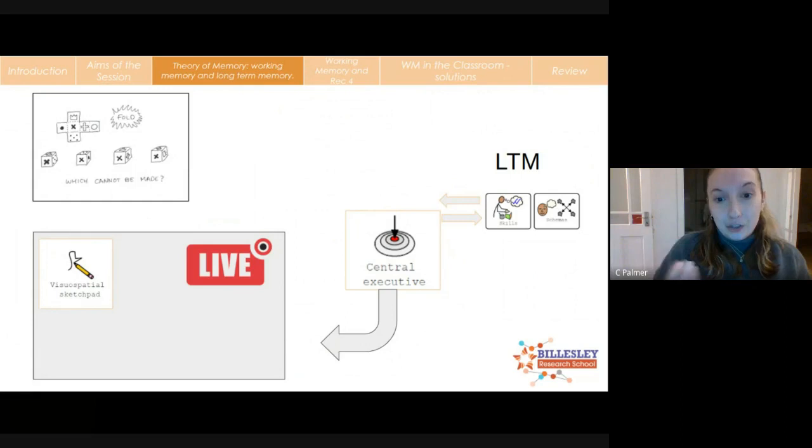If we go onto the visuospatial sketchpad, you might have a problem like this, where someone asks you to visualize something. It's basically where you store anything to do with imagery. So if you're drawing a flower, you look at the flower, you hold that in your working memory when you put your pencil to the paper, and you're using the imagery part of your working memory,